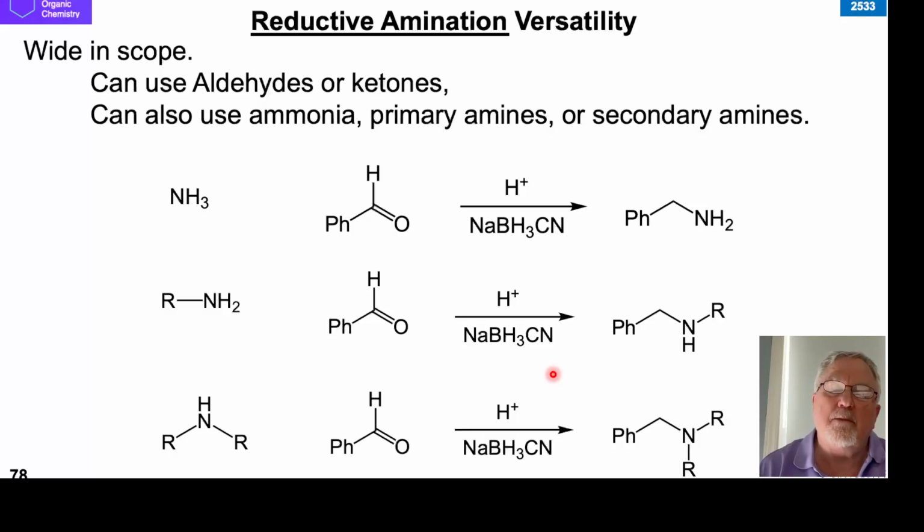I'm talking about it today because you're going to get a group assignment soon, and you may need to use this reaction. There may be other pathways, but this would provide an easy route to one of the problems you're going to have in your group